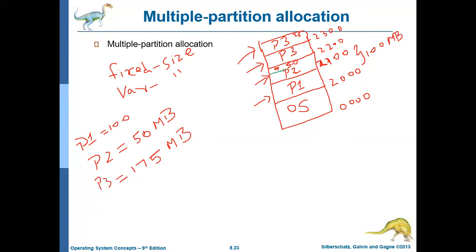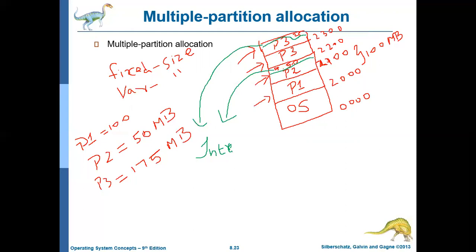So this type of memory which is wasted due to fixed size partitioning is called fragmentation, because the memory got fragmented, that is, split into pieces and becoming unusable.